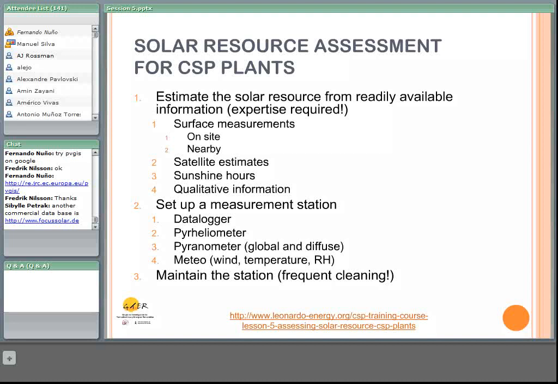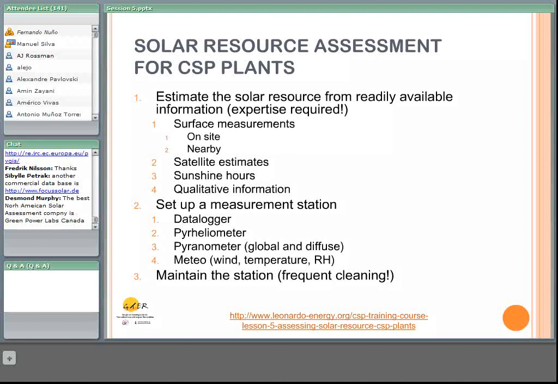Qualitative information means talking with people, trying to find different types of records. Sunshine hours is good, but any other type of information about the climate of the site is of interest. Second, if you have already selected the site and you think it's a good place, it's important to